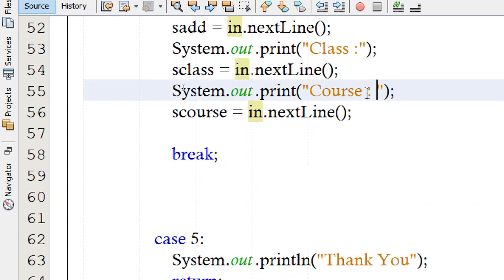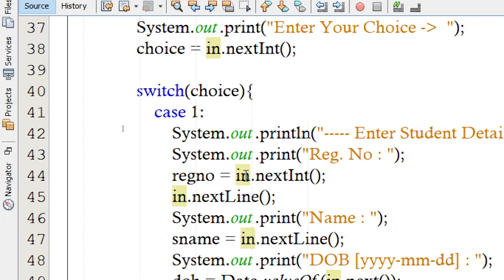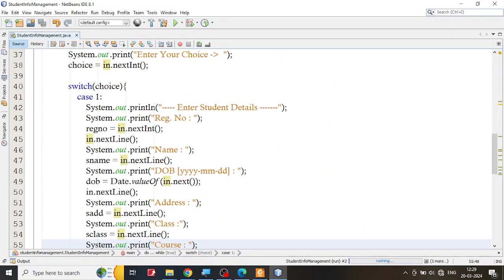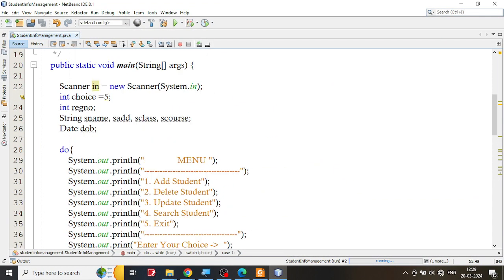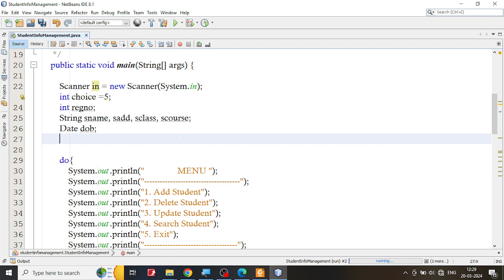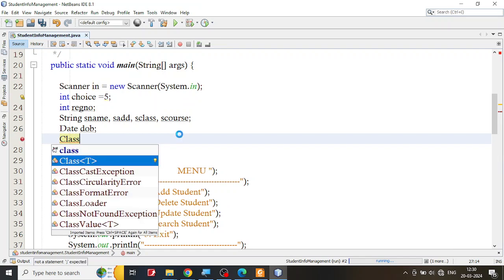Now, the date that I have just used does not require you to create a date type and complicate your life. It's up to you, you can complicate your life by writing that date, but my choice is you just keep it as a string. Now the next very important thing we are supposed to do is connect to the database. So how do we connect to the database? For that I am going to say Class, you are familiar with that, and forName